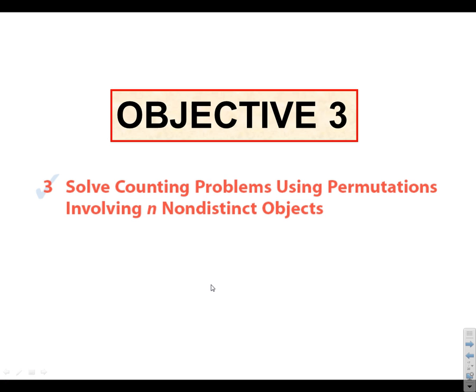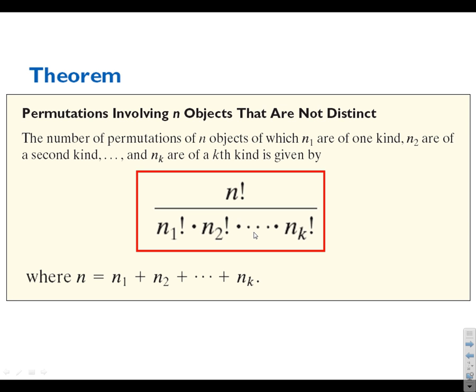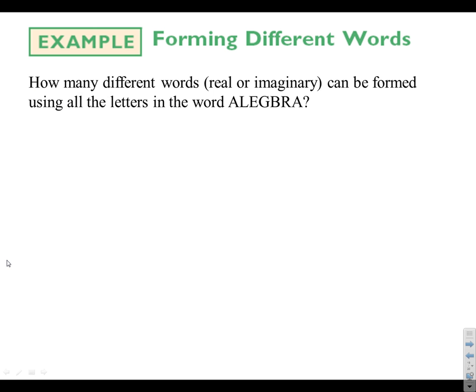All right. Last objective. Solve counting problems using permutation involving n nondistinct objects. Here's your formula. N factorial over n1 factorial, n2 factorial, all the way through until you're done. Write that formula down, and then I'll explain it with an example here. How many different words could you form using the word algebra? Now,